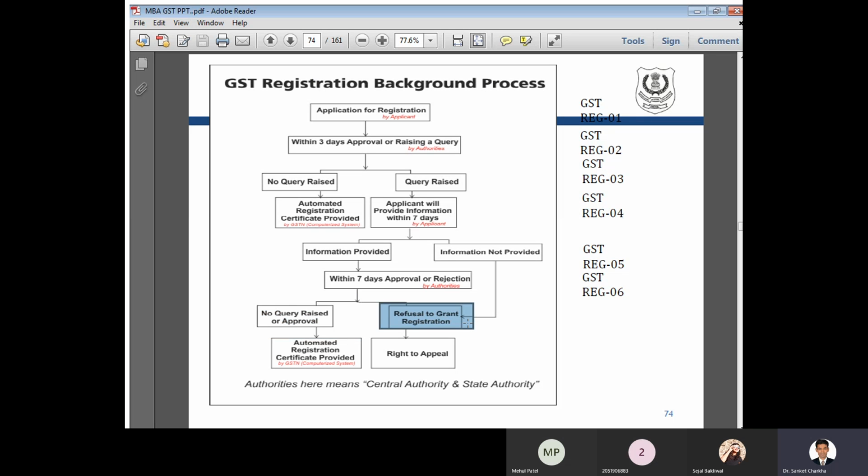So depending on the second chance that has been provided, this is the first chance wherein a query is either raised or not raised, and you have complied with it. Now again, at this stage you may have an additional query or you may not. If there is no query raised at the second stage, then automatically you get the automated registration certificate, the business is registered, and you get the GST number. But if there is a refusal of the grant, that is, a discrepancy or drawback has been found in your system, then again the information or the GST